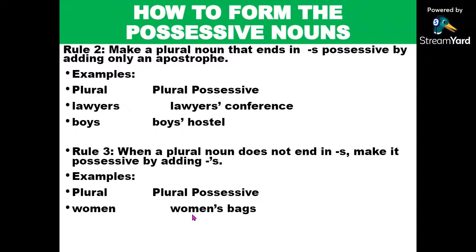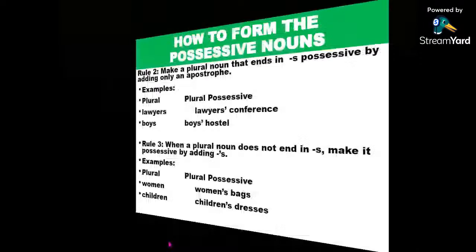For example, women's bags. Let's take a look at another word, children. And then you can form the possessive with apostrophe and s, and you have children's dresses or children's room, as the case may be. And this brings us